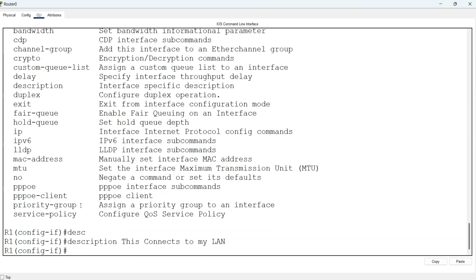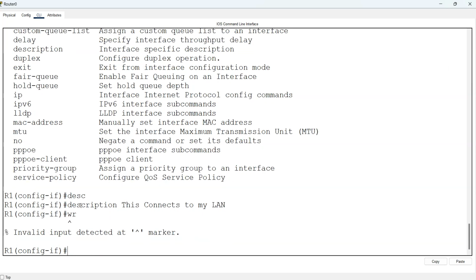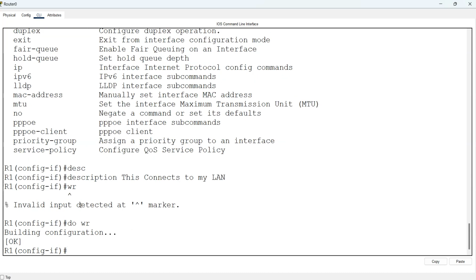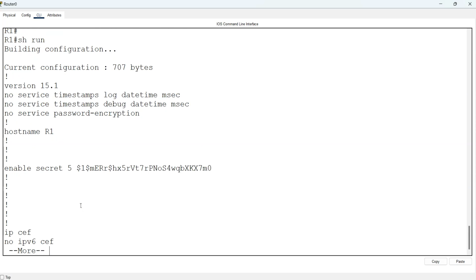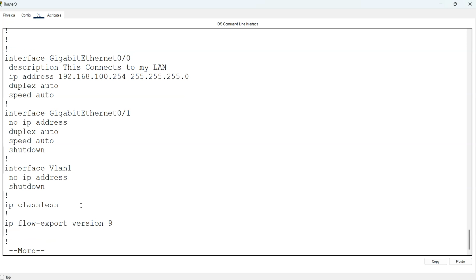Okay, well, I did a lot of changes. Why not do the WR? Remember, I cannot do WR over here because WR has to be from privilege mode. So if I'm in a different mode, I use the do command. Do space WR and press enter as you see over here. So do WR is the command that I need to actually do. Then control Z and I could do show running config, and show start is the same because I saved everything